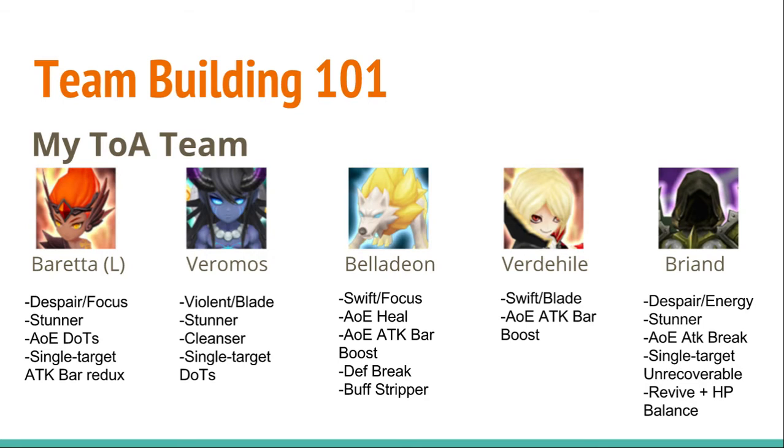Briand is my final team member, and he's on Despair Energy, so he's my 3rd stunner. I have 3 AoE stunners. You definitely need lots of stuns for TOA. It really changes the tide of battle. He also has an AoE attack break, single target